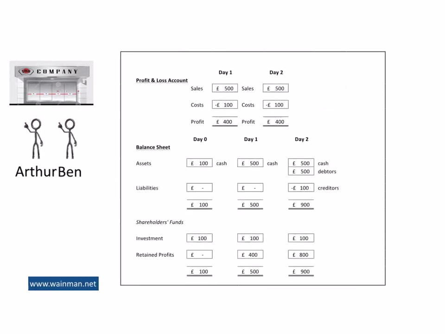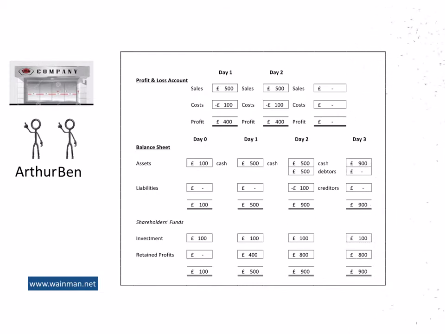They then return home and record the transaction in their accounts. There were no sales or costs during the day, so their profit and loss account is blank. But they've turned the £500 debtor into cash and have used £100 to pay off the creditor, leaving them with £400 cash to add to the original £500 cash that they started the day with. This leaves them with £900 cash in total. The shareholders' funds remains as it did at the beginning of the day,